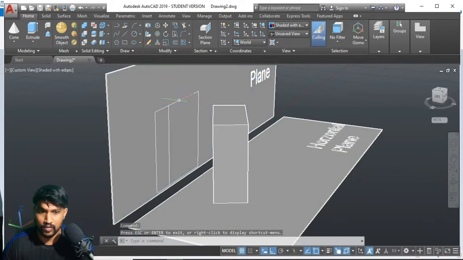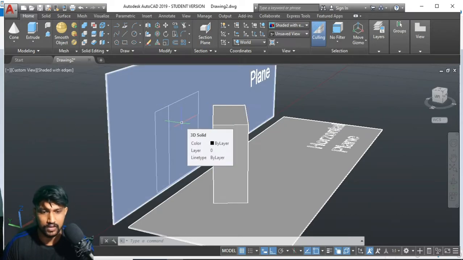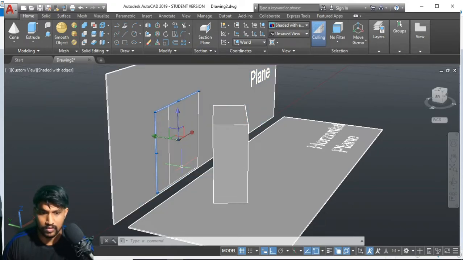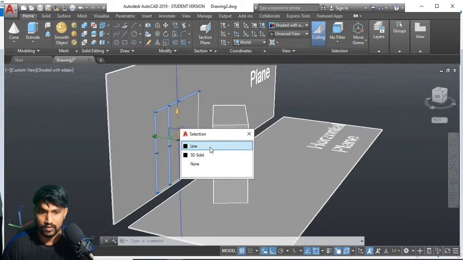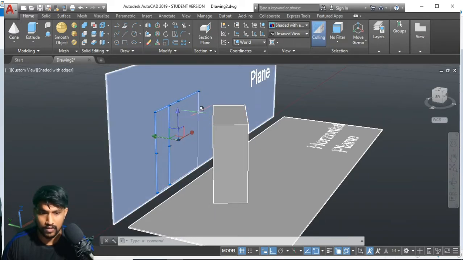Isn't this how we are able to see this one from the front? I'm going to give this one a different color. Since this one is entirely a lamina, I'll try to join all of these things. Okay, I'm going to join all of these, this line, and this line. I'm going to join all of them.